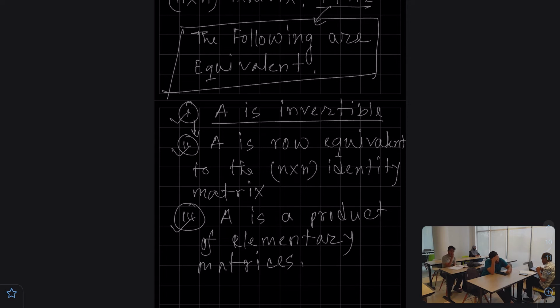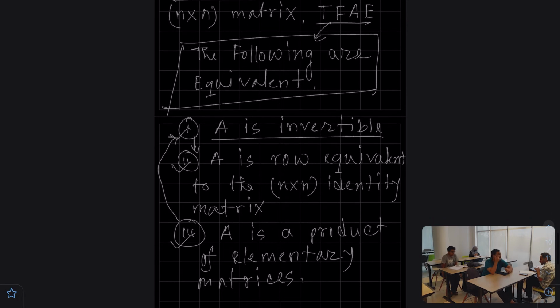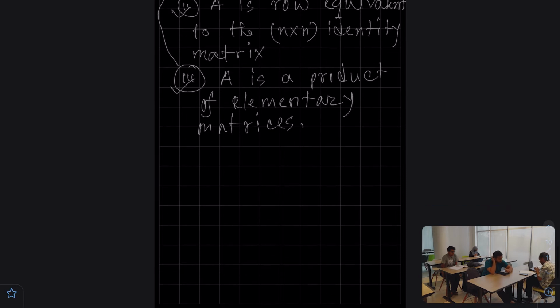And if you start from another one, like A is a product of elementary matrices, then you can prove that this is equivalent to A being invertible. Also, all these three statements are equivalent. So if I start with A as an invertible matrix, then it is equivalent to, yeah, because there are finite operations, we can get an identity. Yeah. So the idea is